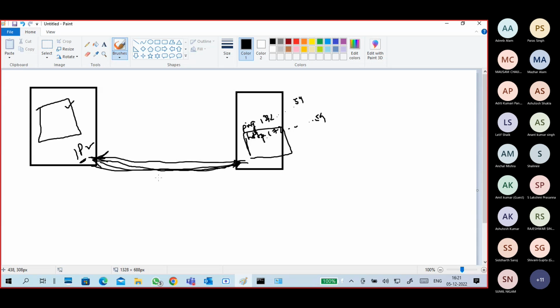Because these two PCs are connected in the network and configured with an IP address, they will communicate using IP addresses, source and destination wise. In case from my PC I want to access this application, or from my PC I want to ping my own PC,